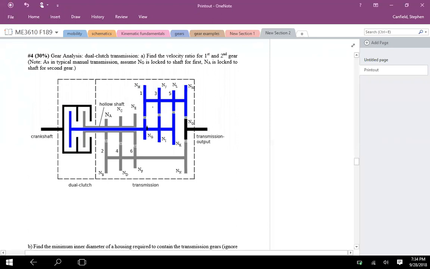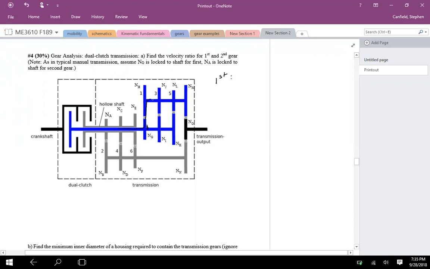So in a normal transmission, recall the gears on the counter shaft are all locked to the shaft. But the gears on the input shaft are freewheeling unless they get connected to the shaft with this shifting collar. So for first gear, we'll assume the shifting collar locks gear G to the shaft. The others are free spinning. So that means for first gear, we would have